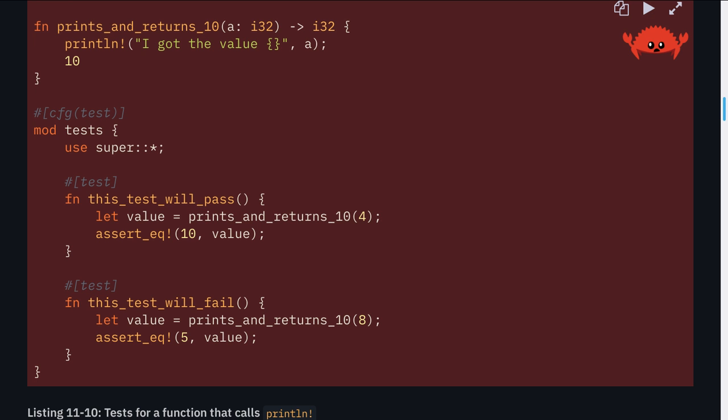So we've got a function prints_and_returns_10, which takes parameter a of type i32, returns an i32, println! "I got the value {a}", and then returns 10. Mod tests, use super::*. First test, this test will pass. let value = prints_and_returns_10(4); assert_eq!(10, value);